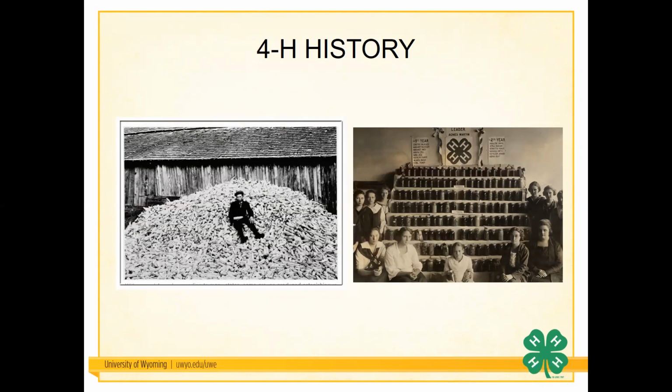The photo on the left is the beginning of 4-H, showing boys taking pictures with their bountiful corn yields. Corn clubs for boys and canning clubs for girls were the start of 4-H in the United States. Let's take some time to watch a video that completes the history of 4-H and brings us to present-day 4-H in America. The video has a great summary of where we are and where we started.